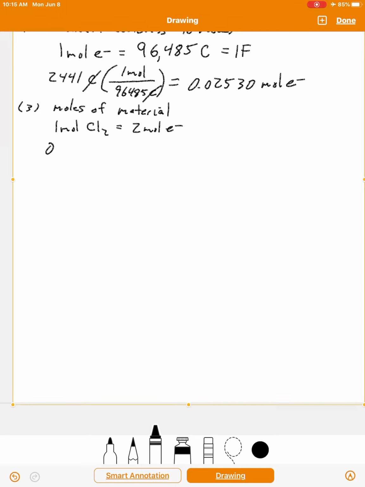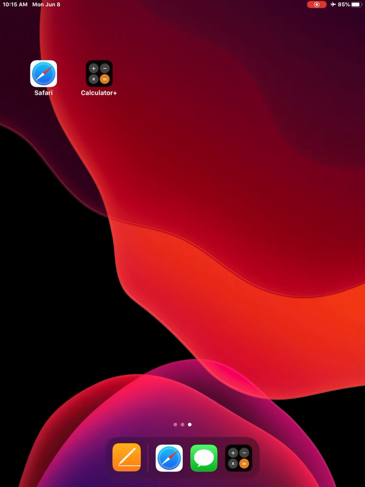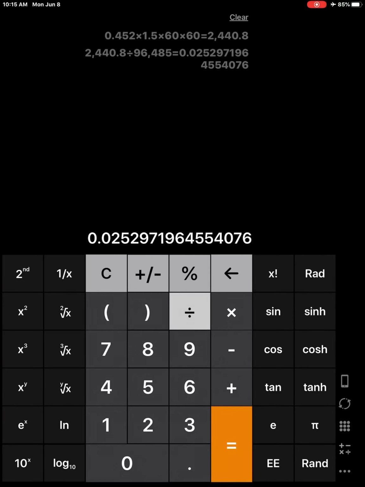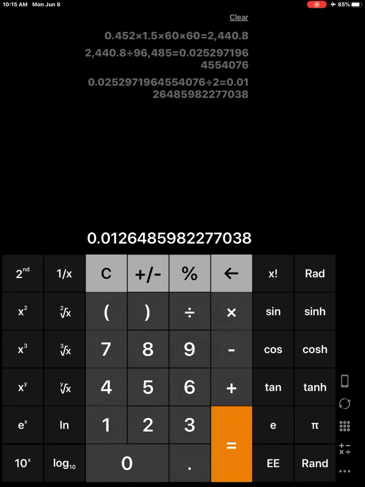So now if we have 0.02530 moles of electrons, and it's 1 mole of chlorine gas for every 2 moles of electrons, all we have to do is take the moles of electrons and divide it by 2. Very simple, right? And it's going to be 0.01265